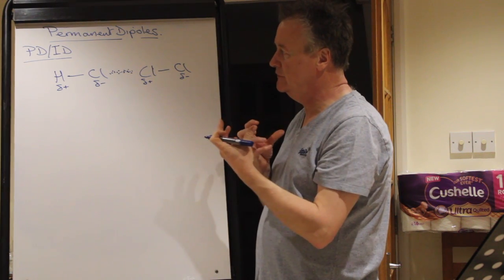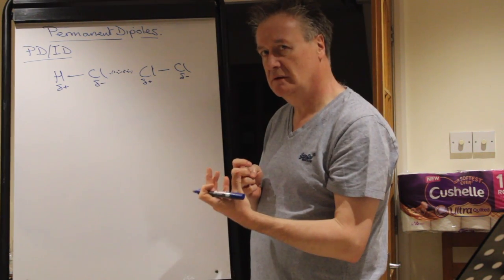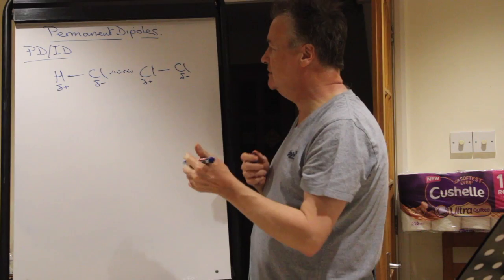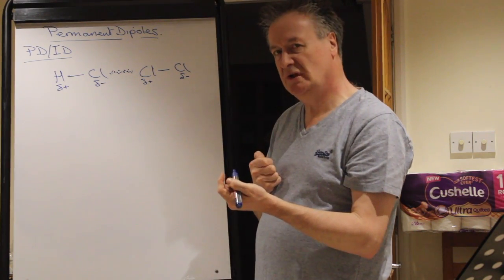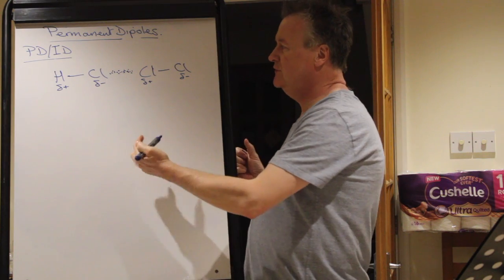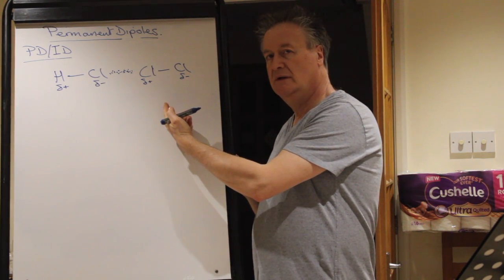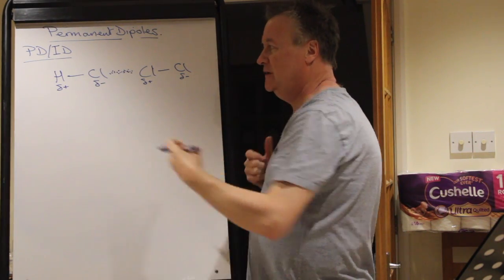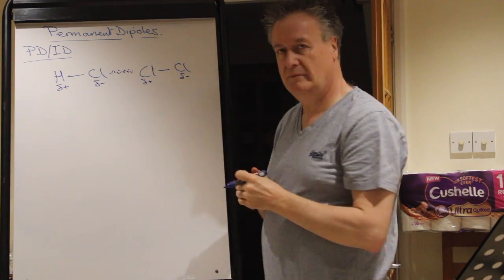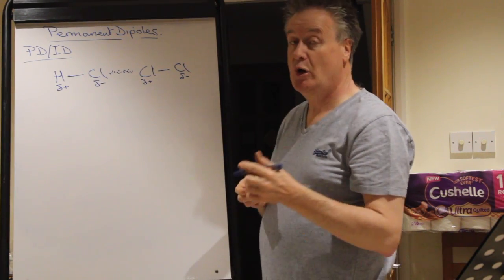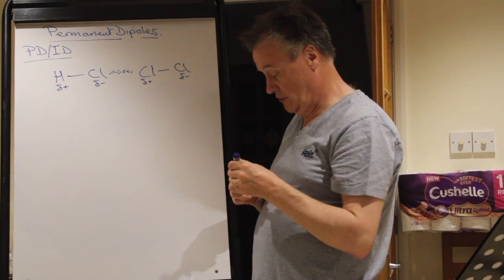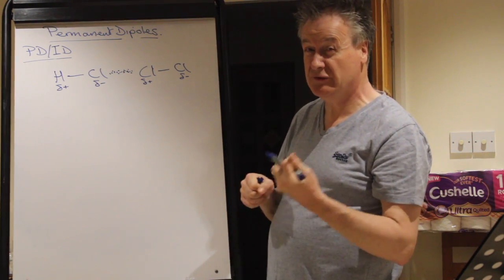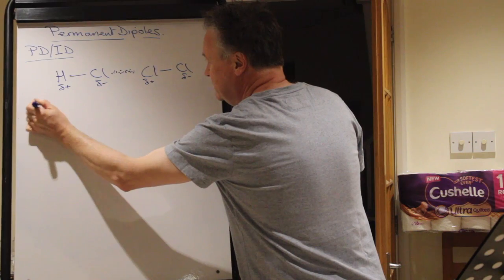So therefore you have a stronger attraction than the ID, the instantaneous induced one from last time. Not massively stronger, but it is stronger. So you find something that's non-polar, and there are lots of examples. Methane is non-polar, and it will have an induced dipole caused by polarized bonds. On the other hand, it's not as strong as what we're going to go to now, which is much more common to have questions about, if I'm honest, which is